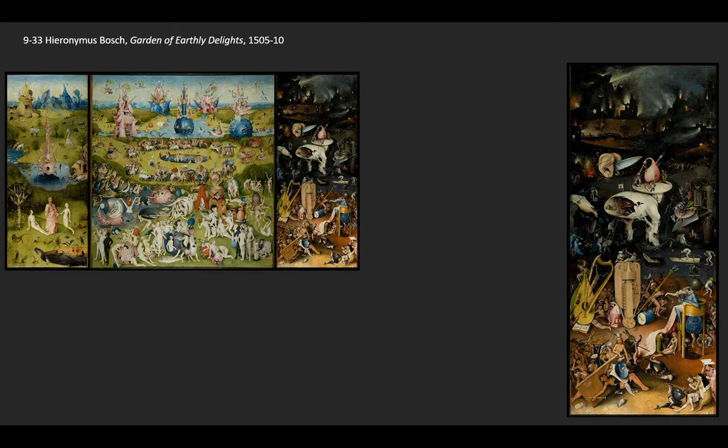So it really does make sense as a moral image within the scope of this triptych, rather than looking at the central panel all by itself, where it seems like Bosch is reveling in the fun of sin. In fact, this is meant as a moral warning. It kind of tempts you to revel with him, but then reminds you that this is leading only one direction, which is toward hell itself.